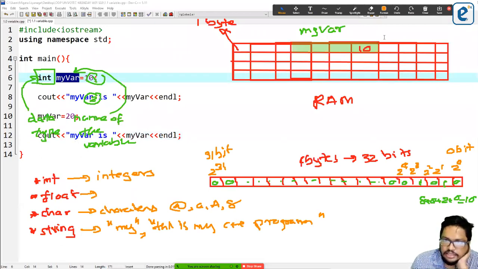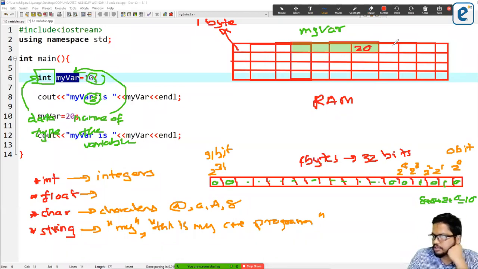That means now here what's going to happen? This 10 will be removed, and 20 will be assigned here, simply. So 20 will be assigned here. Understood, right? 20 is assigned here.